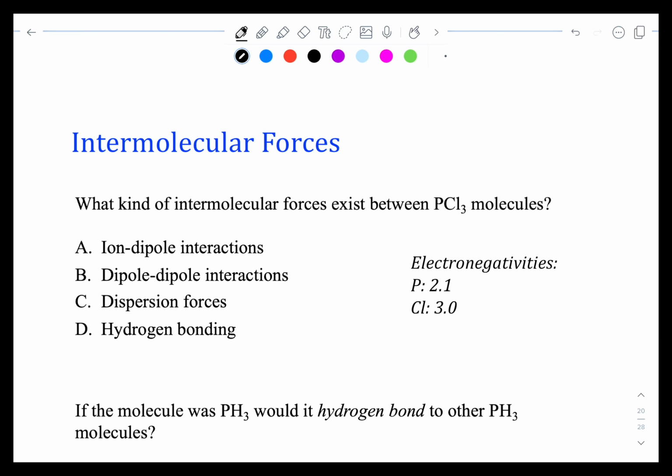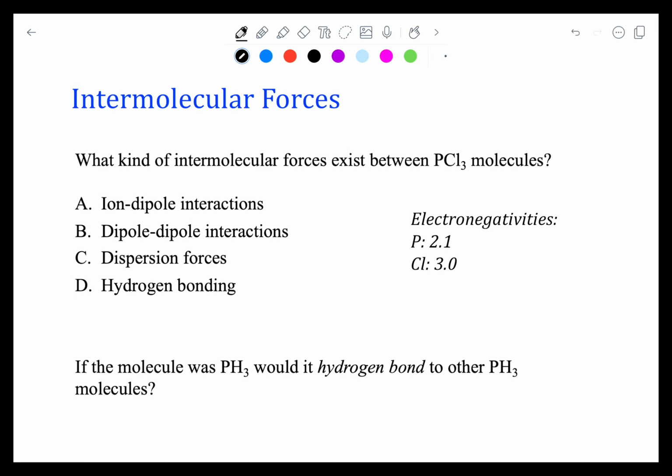Okay, so let's practice. What kind of intermolecular forces exist between PCl3 molecules? If I were to put two PCl3 molecules next to each other, what type of intermolecular force would we expect? The first thing we want to do is draw that Lewis structure, because we want to know if the molecule is going to be polar or nonpolar, and we have to determine if the bonds are polar, what the molecular structure is, and so on. So draw the Lewis structure, then determine